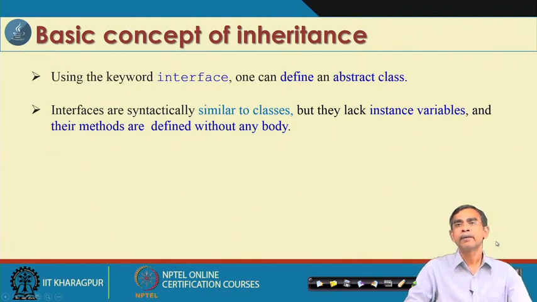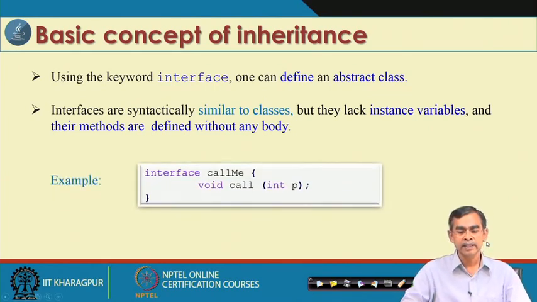Now, how can an interface be created? In order to create an interface, Java provides a keyword called the interface keyword. It is just similar to an abstract class, where to create an abstract class we use the keyword abstract. But syntactically a few more things are different that we should discuss.